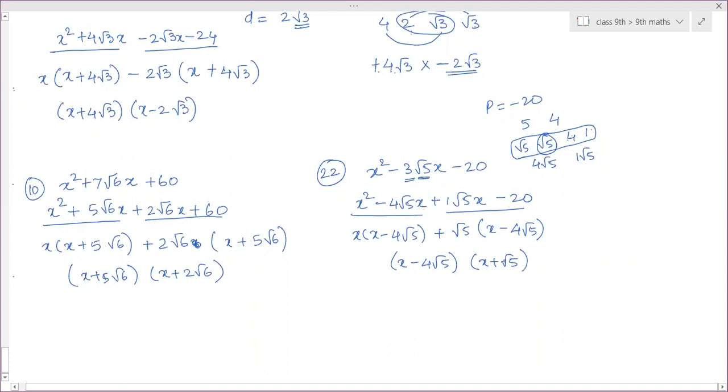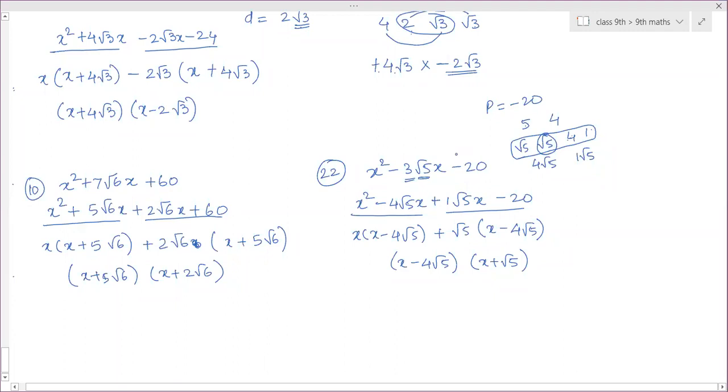Rupika, is it clear? Yes, ma'am. Whatever the square root you need, that product you first divide into that form. Root 5 is needed, so 5 we need first, and the remaining one is 20, which is 5 into 4. Now 5 divides into root 5 into root 5. And the 4 divides such that this number, along with the square root number, the sum or difference of those two numbers should be this number. So according to that, you have to factorize.